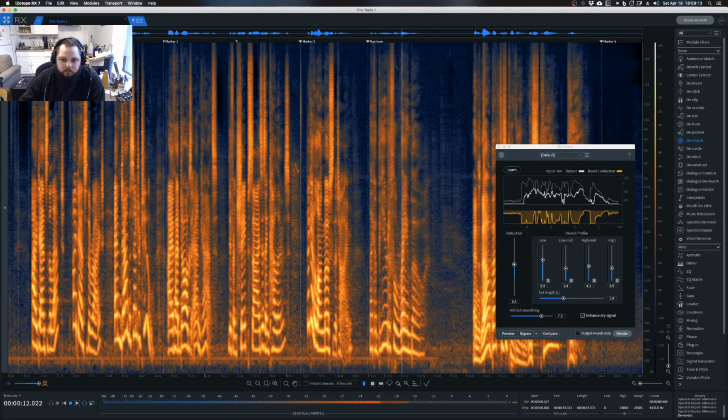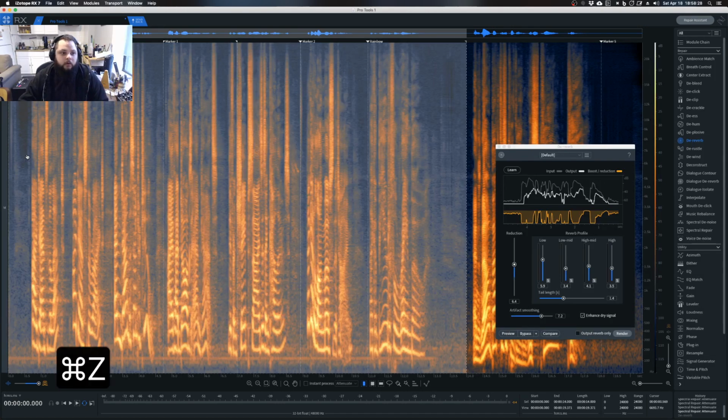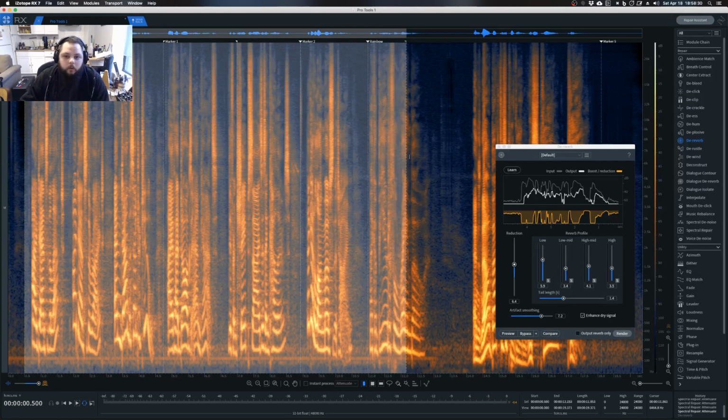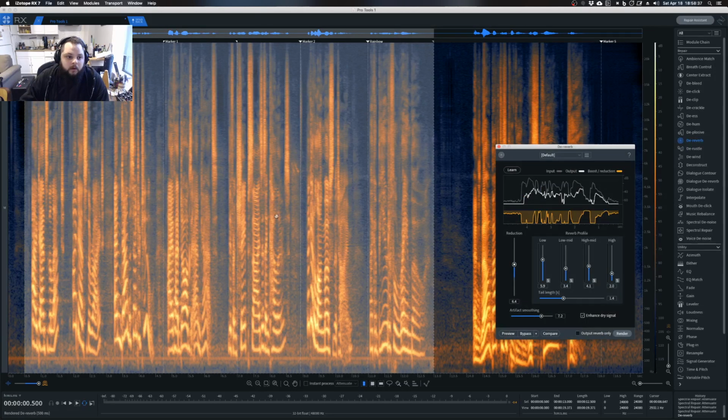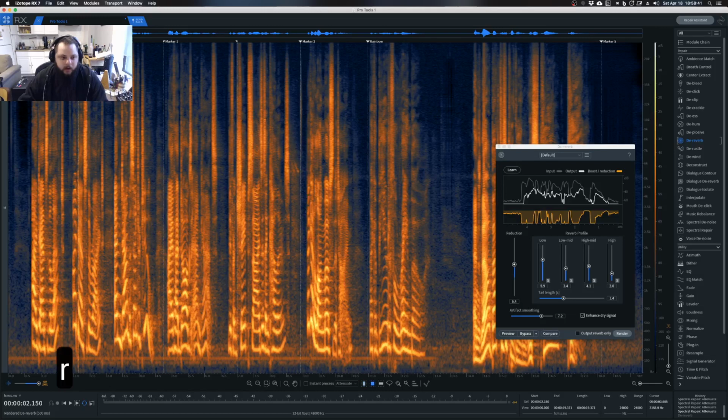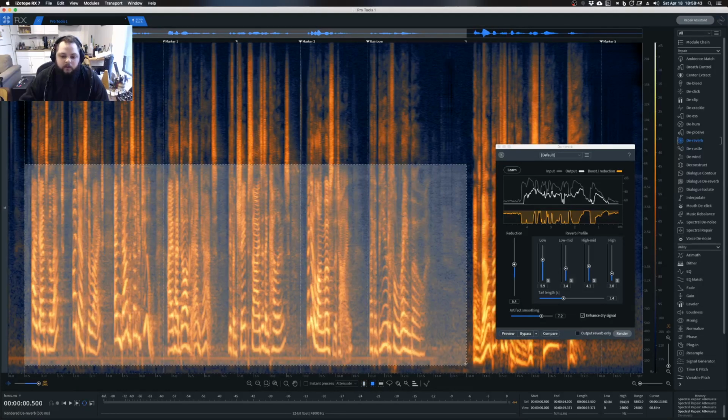Like a beautiful rainbow. And we see we had a pretty significant reduction there. But we were getting some artifacts, and those are really coming from those higher frequency areas where we see they've gone from sort of a darker blue to a black. So one of the things we can do is we can reduce those highs in the reverb profile. The other thing we can do is, instead of making a time selection, we can make a time frequency selection,